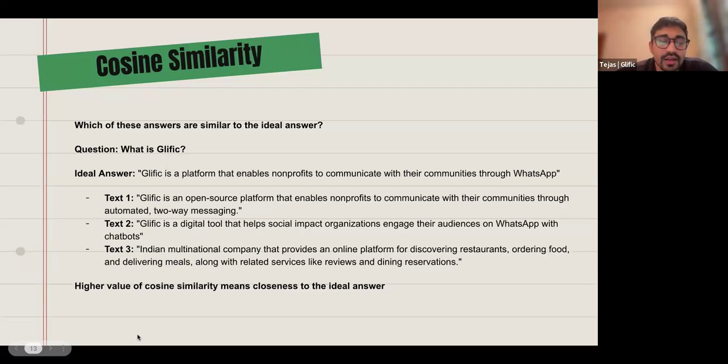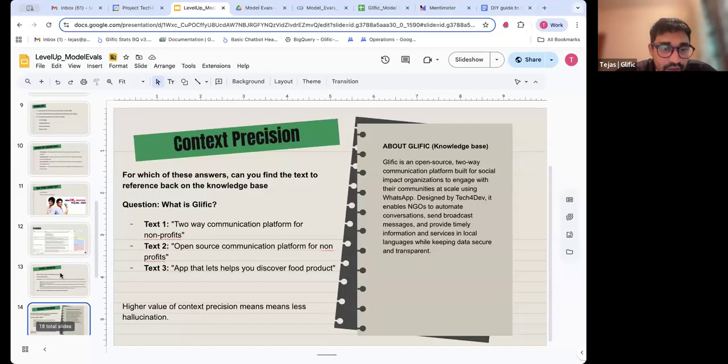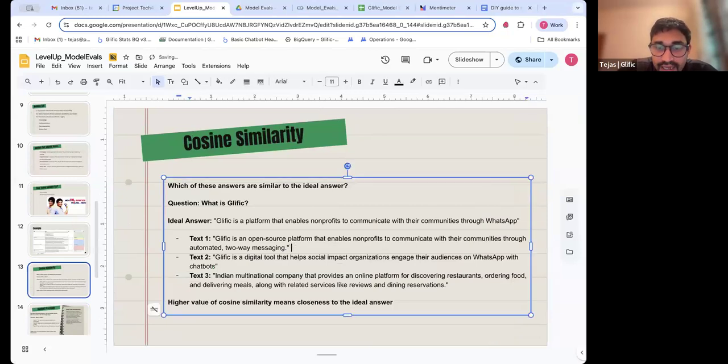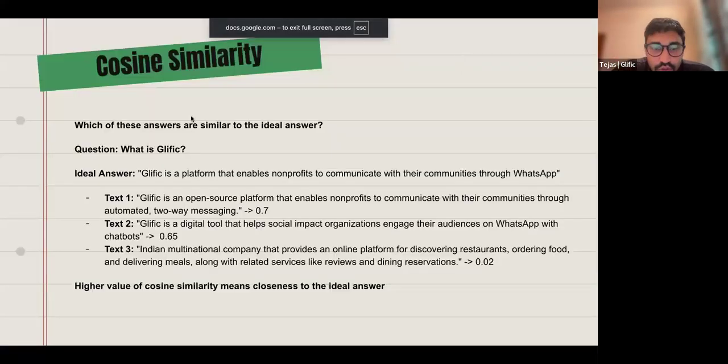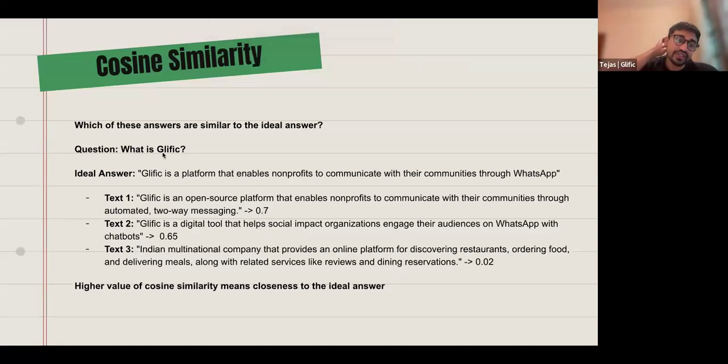So what might happen is, as an output for this, you might get a cosine similarity value of, let's say, 0.7. This might also be 0.65, whatever. I'm just giving an example, it could be anything, but this one will be maybe 0.02 or so. So just from the number, we have to infer that the ideas mentioned in both of these are sounding very, very similar.